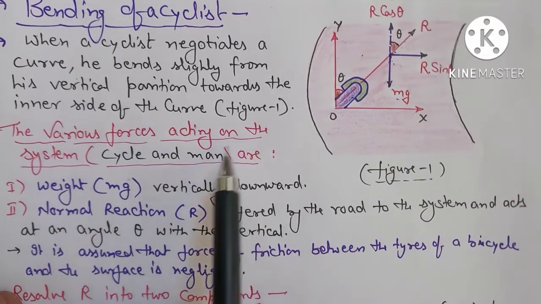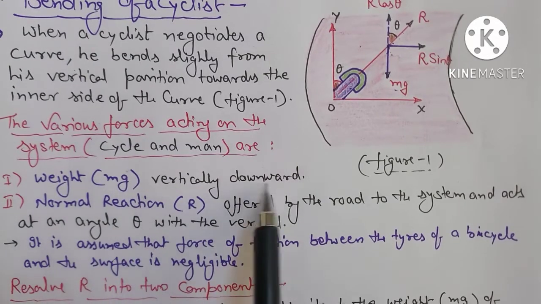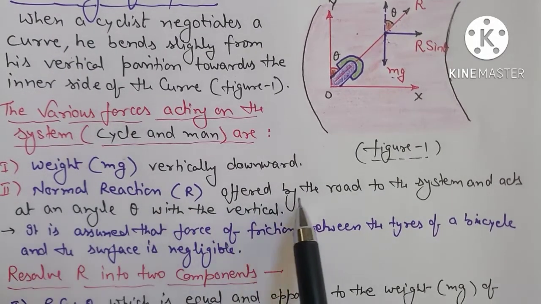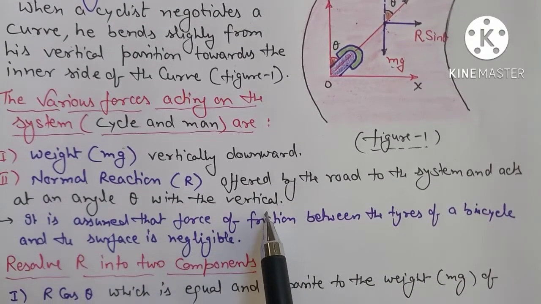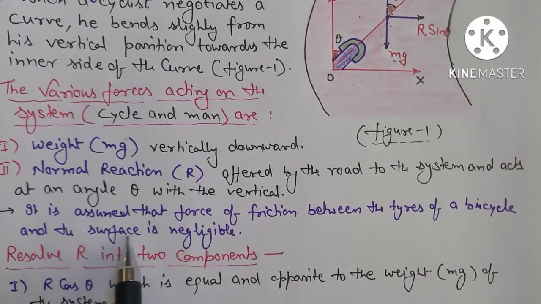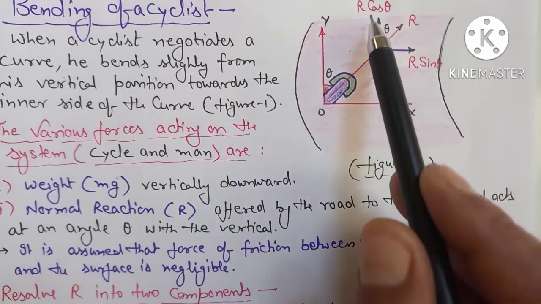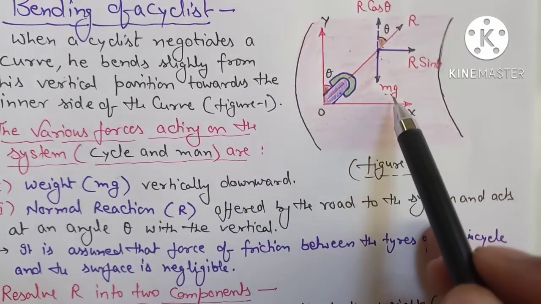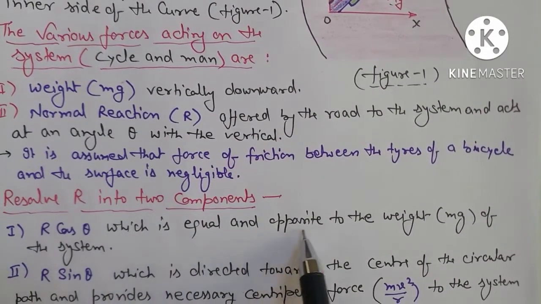The various forces acting on the system, that is cycle and man, are: first one, weight mg vertically downward; second one, normal reaction offered by the road to the system, which acts at an angle theta with the vertical. It is assumed that the force of friction between the tire of the bicycle and the surface is negligible. Now in the next step, resolve R into two components. First component is R cos theta and it is opposite to the mg. So here first one is R cos theta, which is equal and opposite to the weight of the system, that is